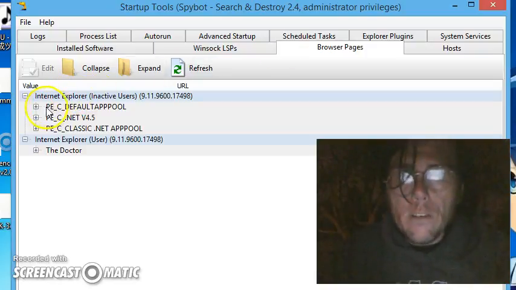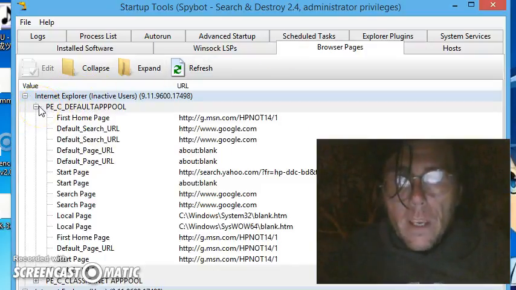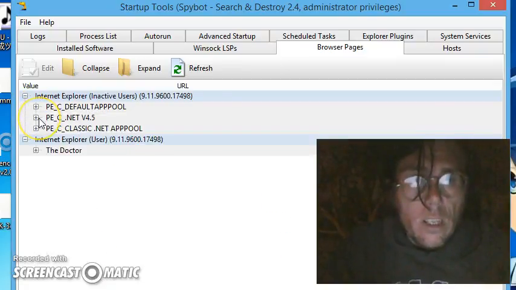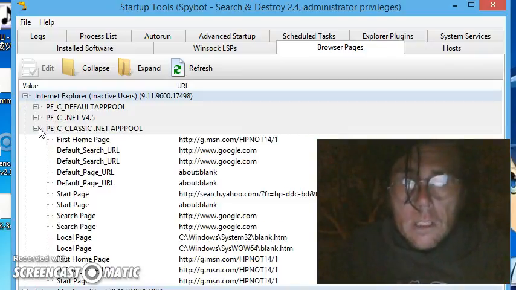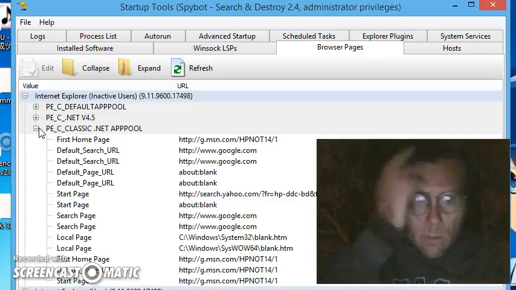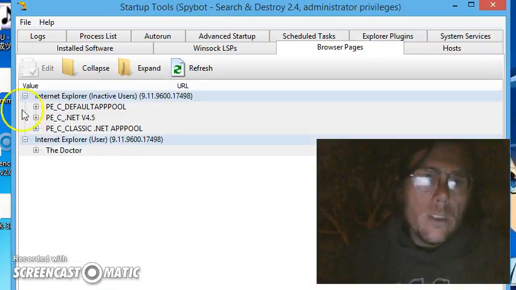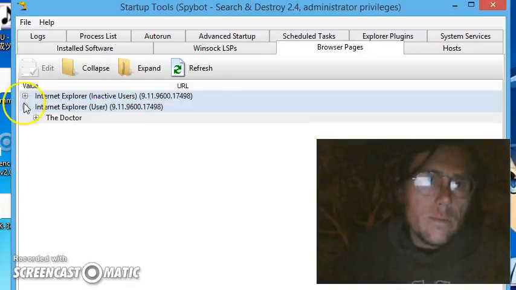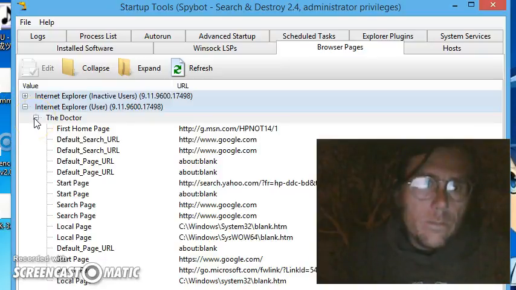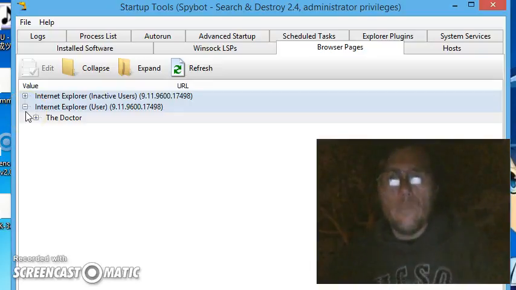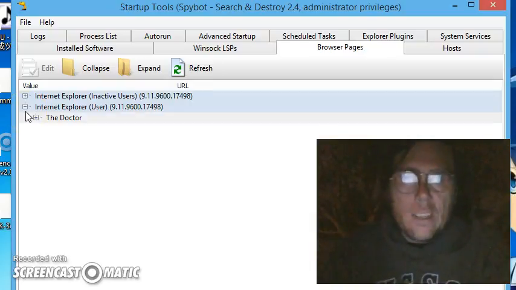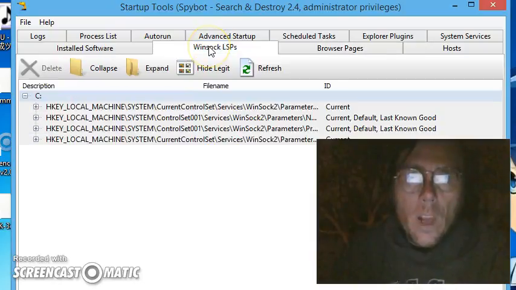You have browser pages. You can go through here and you can delete some of it if you want. But I always say, go ahead, delete this crap, because you don't really need the full list. It's annoying. Yes, it is. Oh well. You can also just go into Internet Explorer and wipe out the history there. Sometimes it's easier. Okay. The Winsock